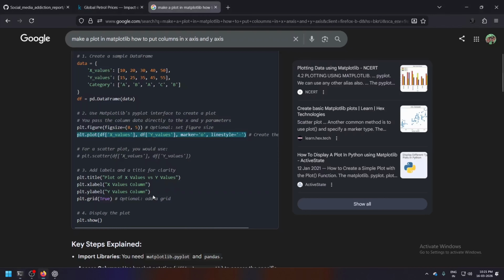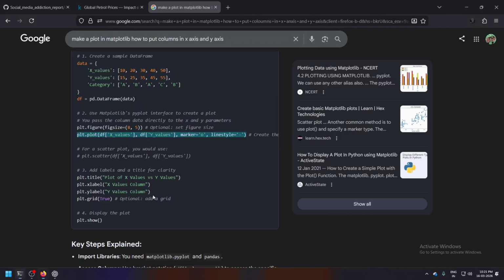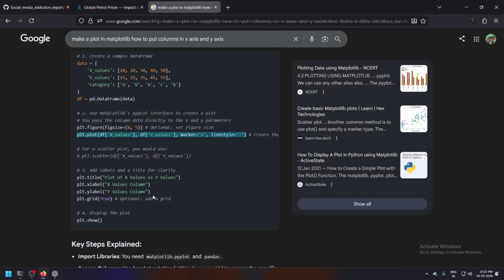Okay, so the plt.title, let's say this is the amount change. So this is right now a rough thing. I will take it on a serious note when everything is done, and I will do the last part, like finishing touch, I would say.